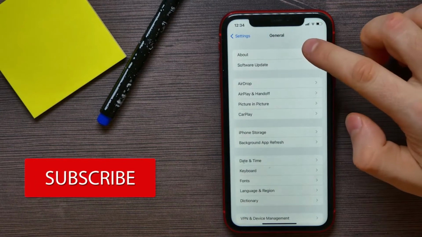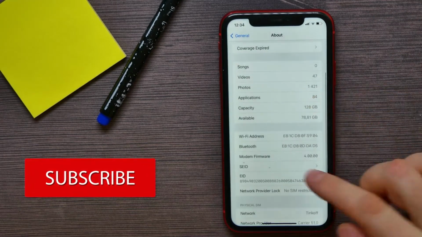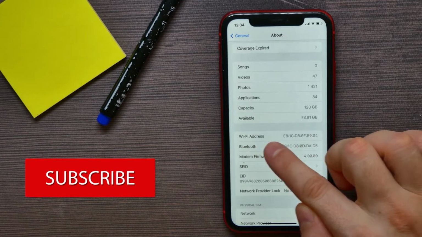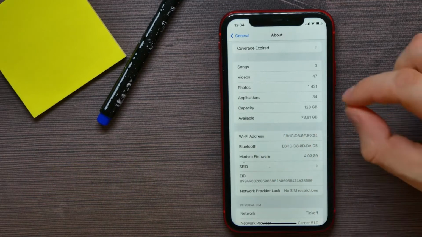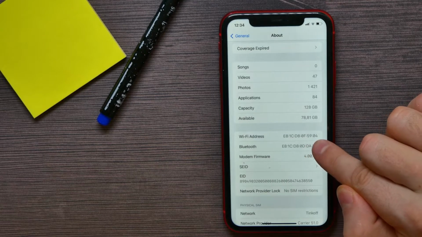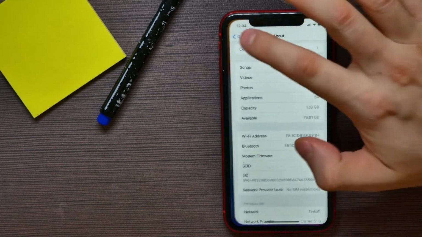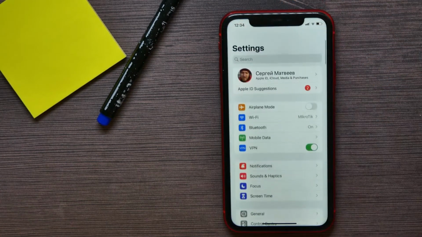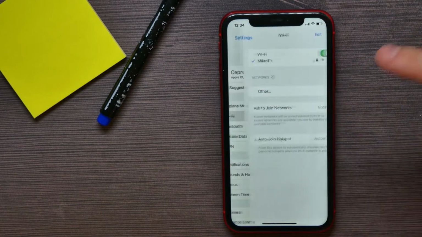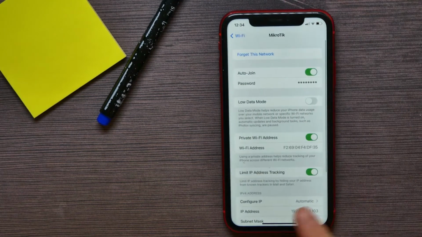Now here, tap on About, and here would be your Wi-Fi address right there. As you see, the last digits are 5904. If you go back to Settings, get into Wi-Fi, and tap on the Wi-Fi name, there would